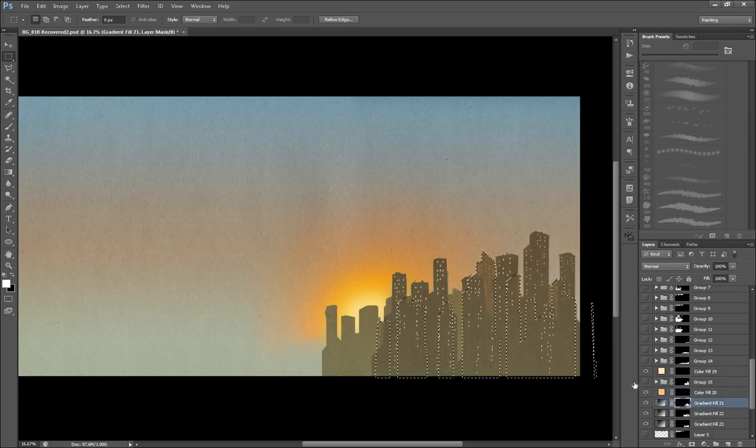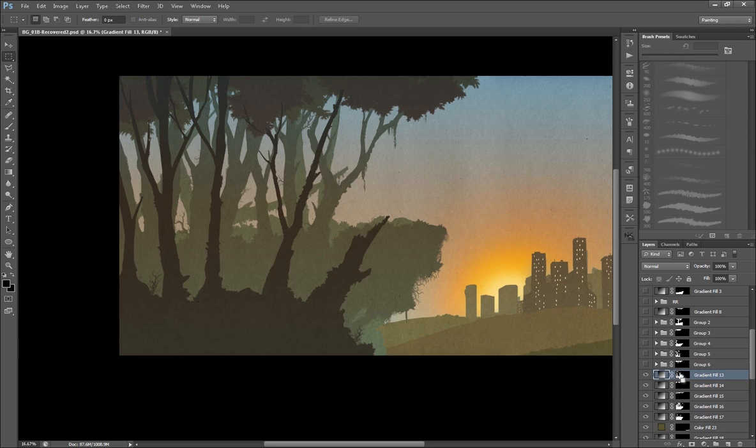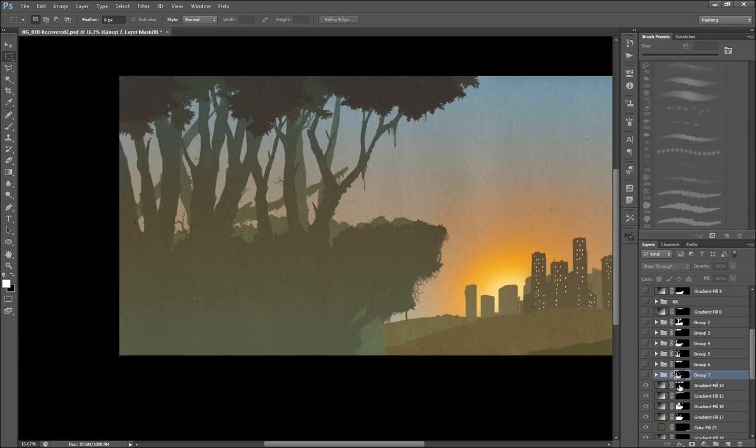Okay, so I've slowed this down to normal speed. I'm going to show you this process in real time. So I've got this layer with a mask on it and a gradient. I've just created a new group folder just by pressing Control G on the layer. And then I dragged the layer mask up so it's on top of the folder. And now I've selected it and I'm creating a selection mask that's the same size as the layer